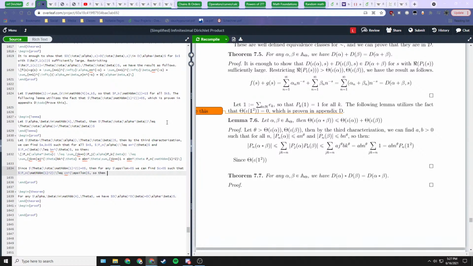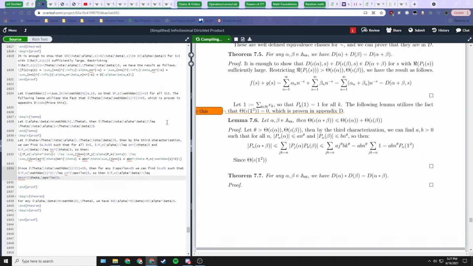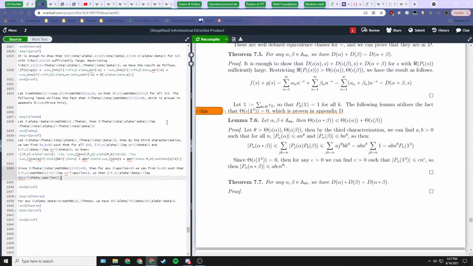So then we have this. This is less than or equal to a, b, c, n power theta plus epsilon. Right. So essentially, we just take this projection of this convolution, expand the definition, apply triangle inequality,